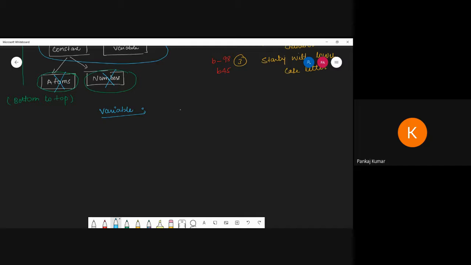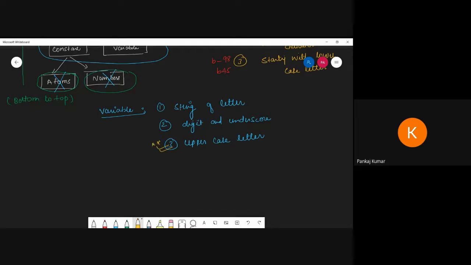How can we define it? Point number one, a string of letters. Point number two, digit and underscore. Don't worry, I can do all the things with code also, addition and all the things. Then uppercase letter.